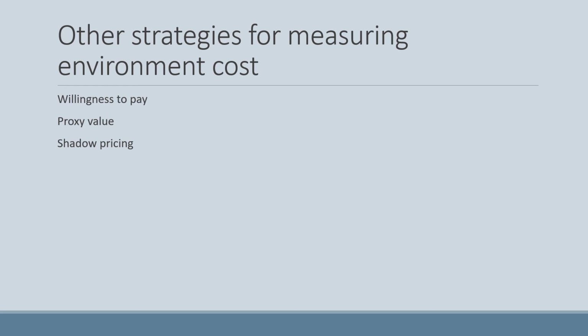Okay, proxy value. This is the value that's sometimes estimated by the total cost of everything. A good example here is hunting. The value could be determined by the cost of the equipment, your hunting license, the time off of work, your travel expenses. Here you're adding something up to get a total.